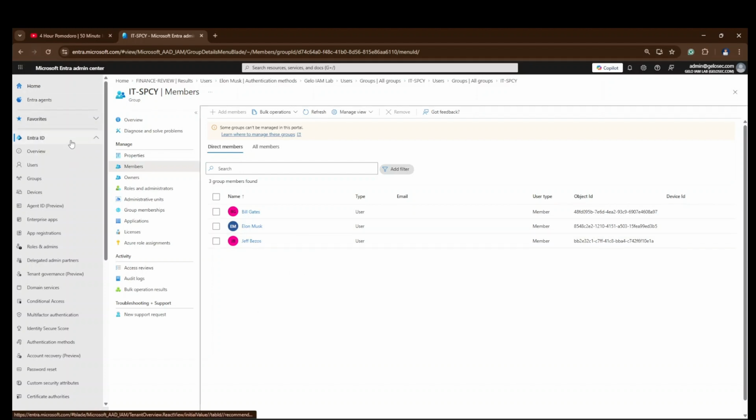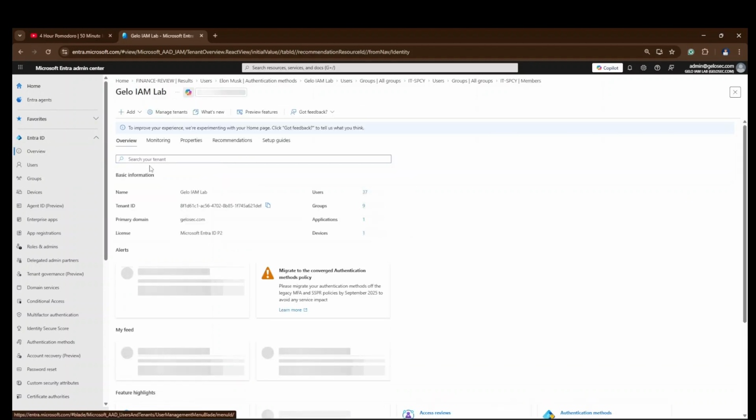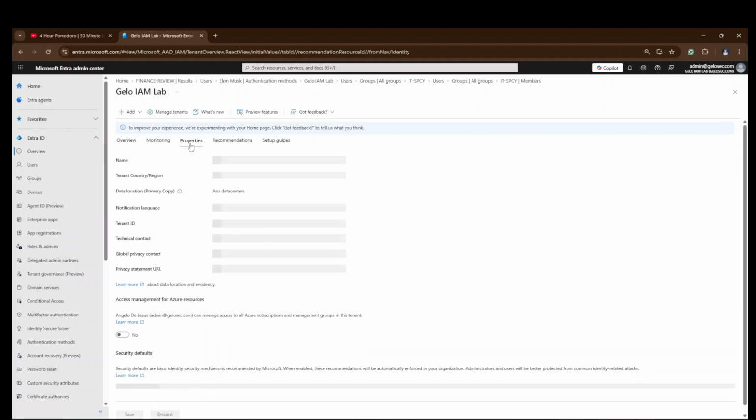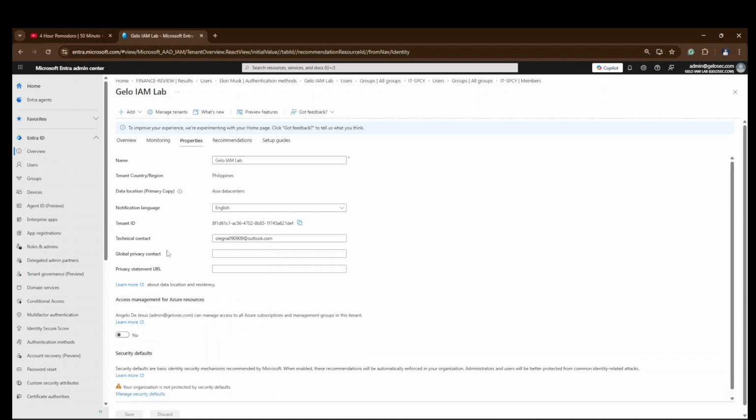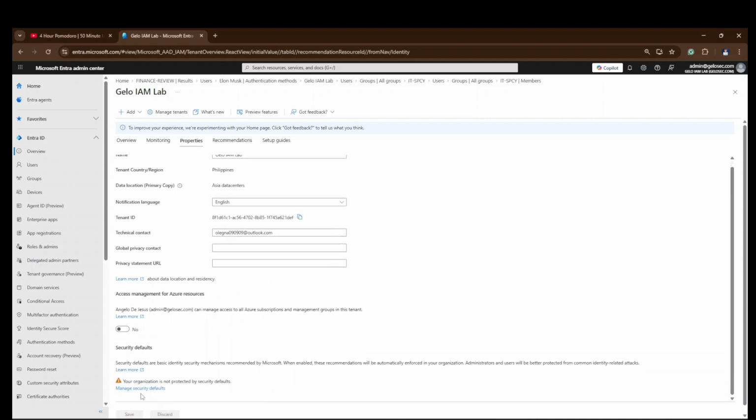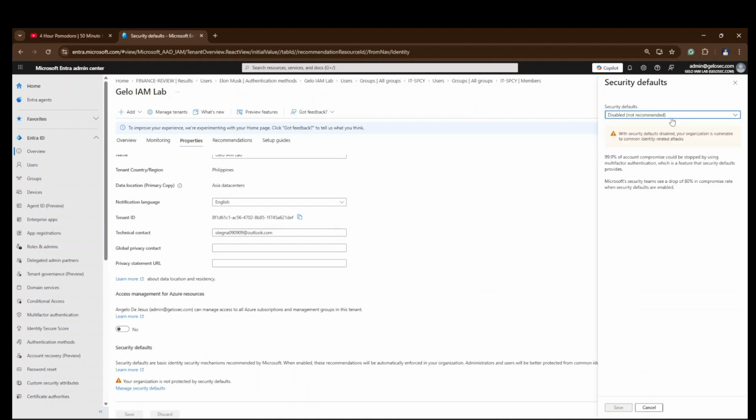So first of all, we need to go to the Entra ID. Under Entra ID, go to the overview and go to properties. In these properties, you can see the manage security defaults at the bottom. Just click on that.